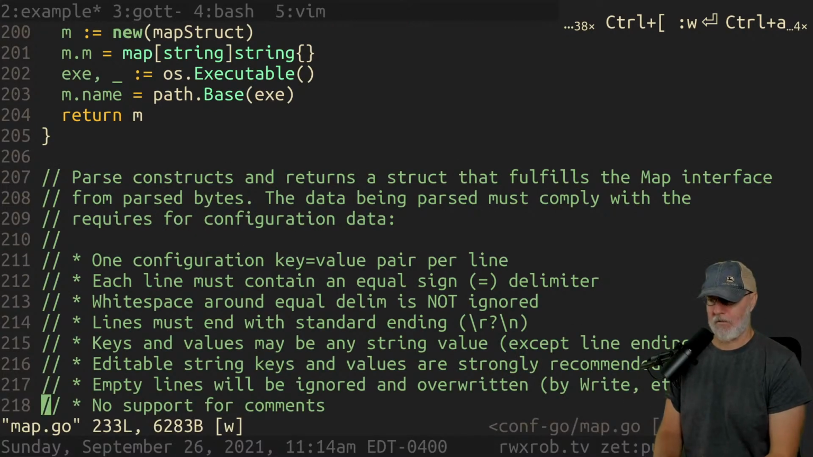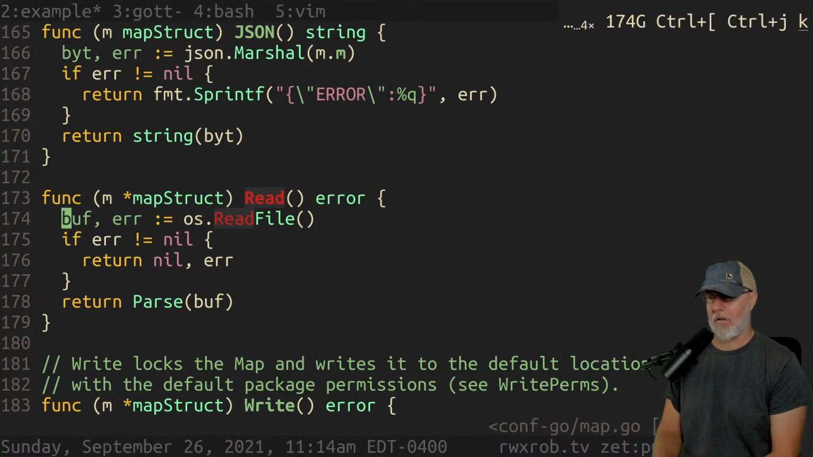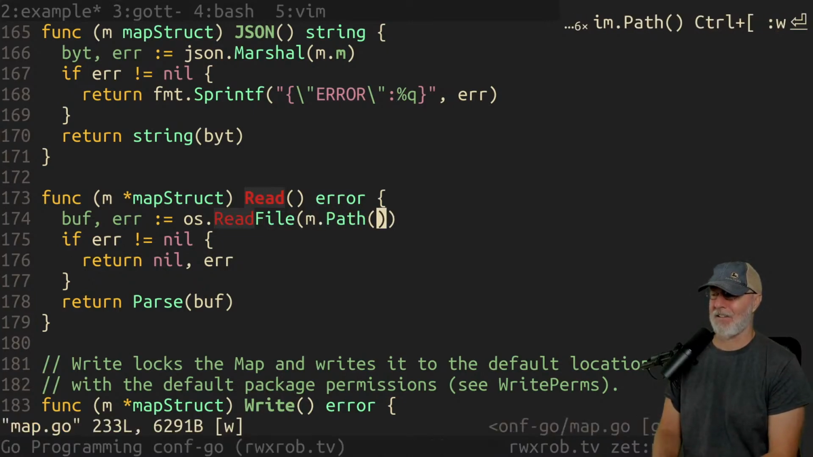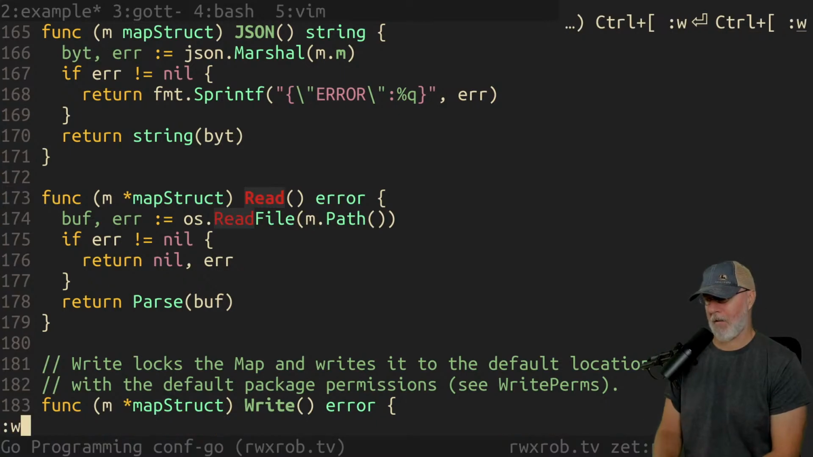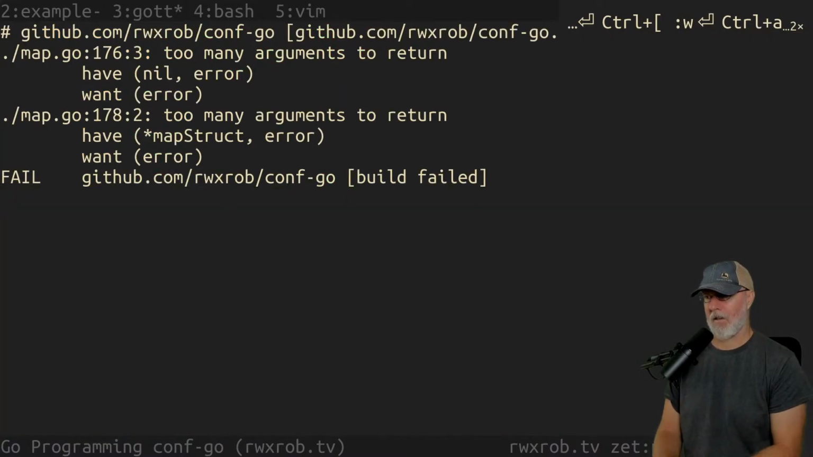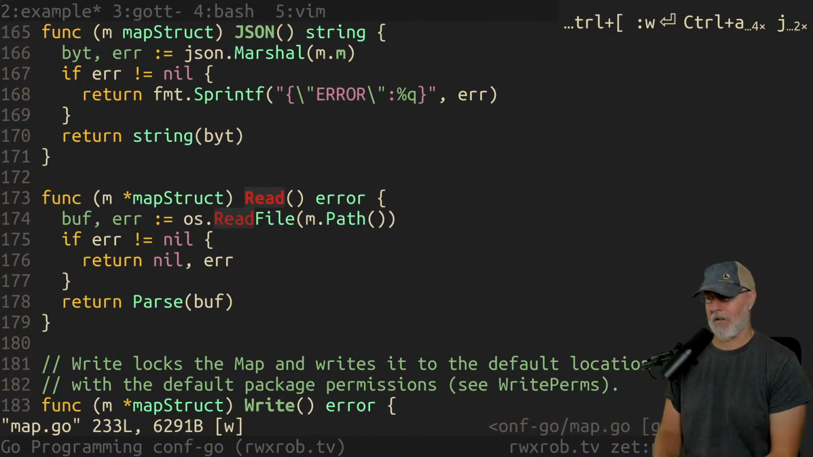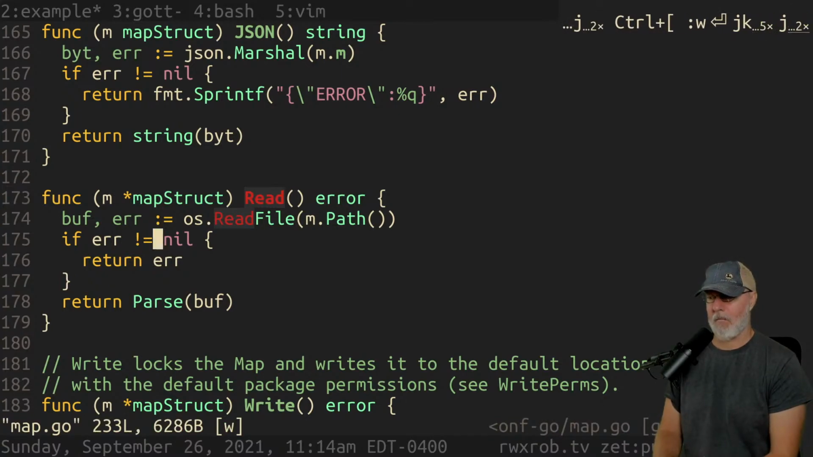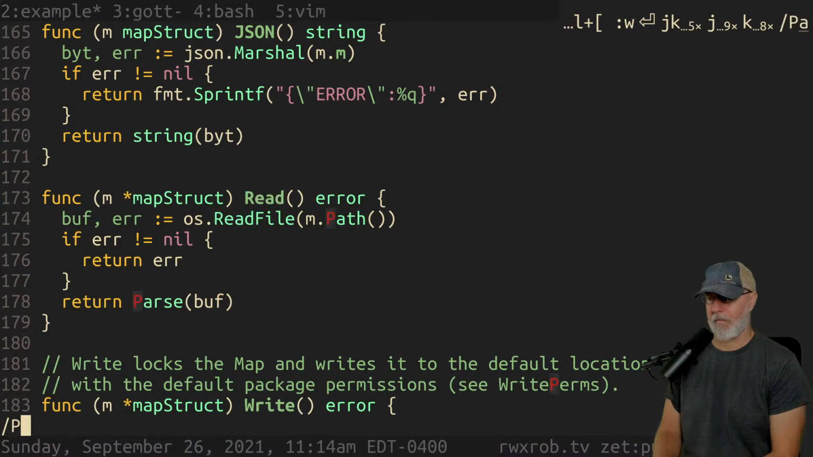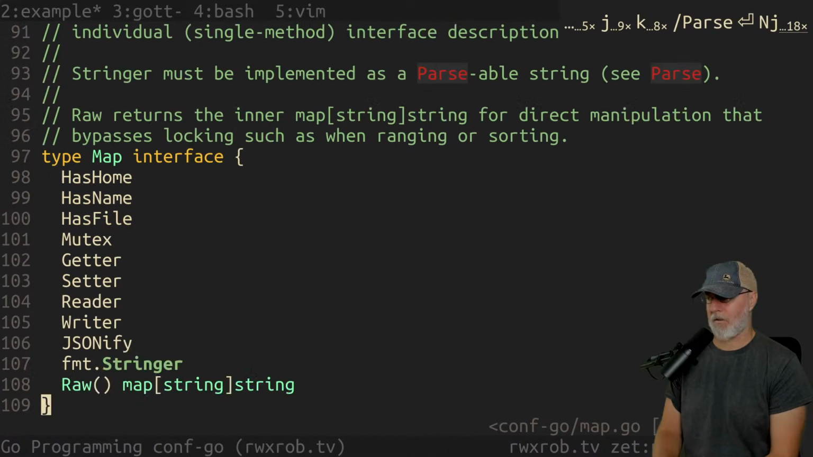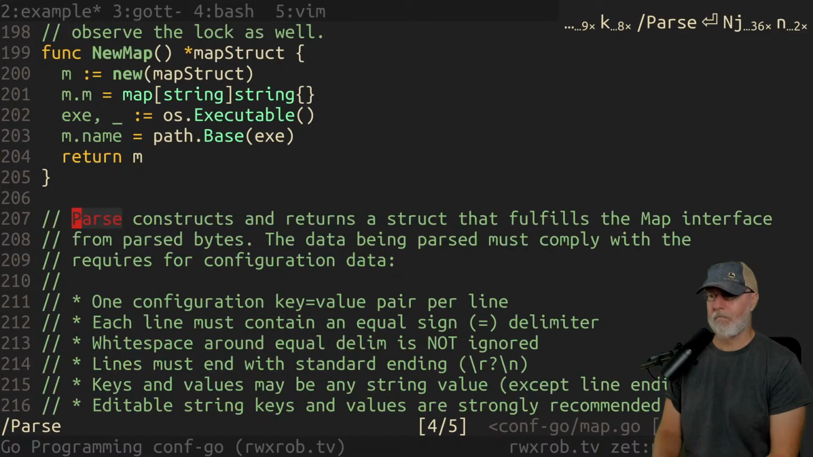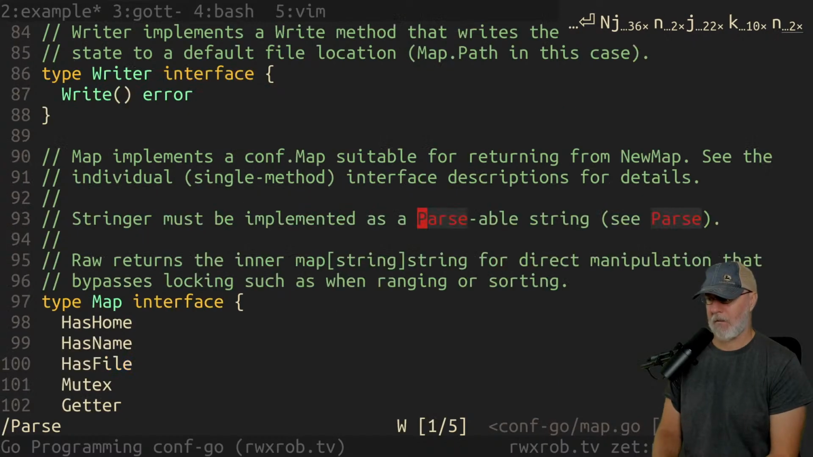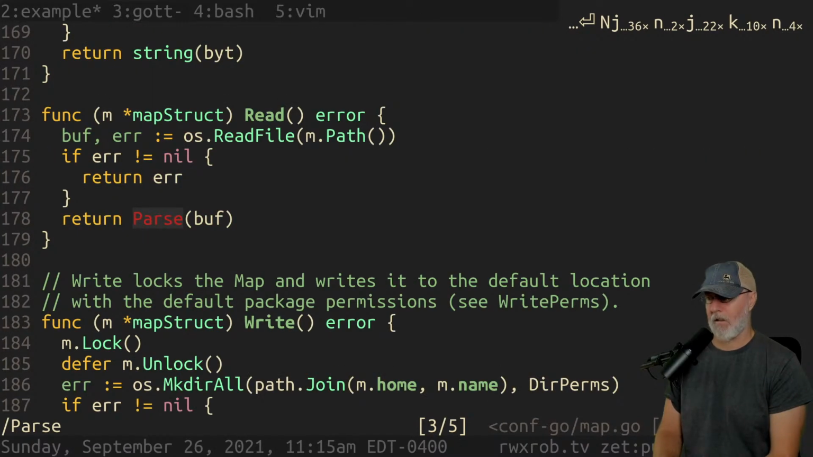Not enough arguments in call to os.ReadFile. Alrighty, if you say so. Oh, duh. I feel kind of dumb now. There we go. Too many arguments to return. Oh yeah, we're only returning an error now. Yep, return ParseBuff. I think Parse returns 2 things now too. Where's Parse? Here we go. This returns a map struct and an error, which means I'm not going to be able to use it anymore down here. It means I'm going to have to do,